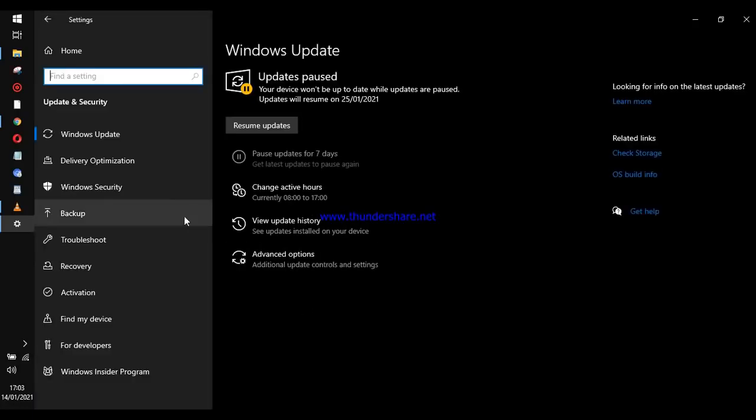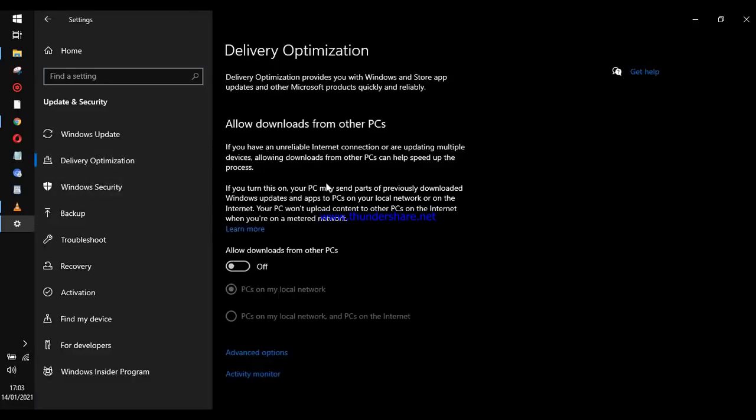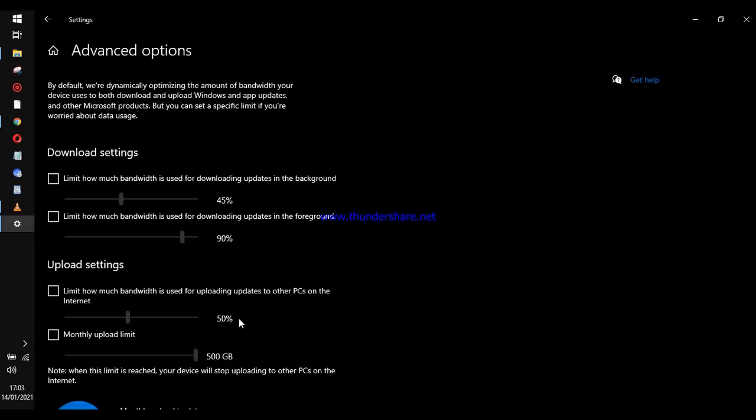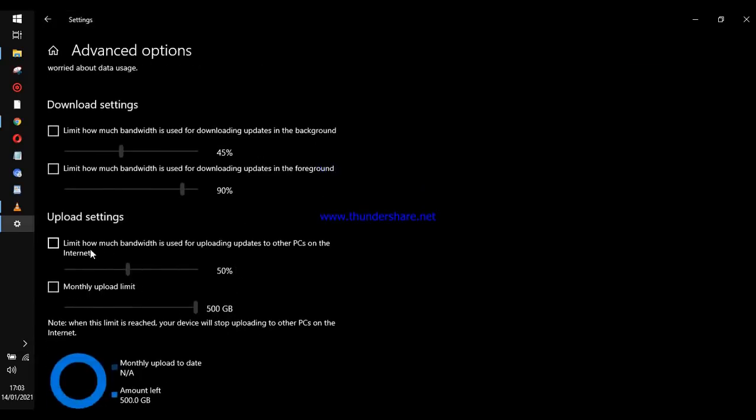Go to settings, update and security, delivery optimization. Make sure you have switched off this option, allow downloads from other PCs. And here